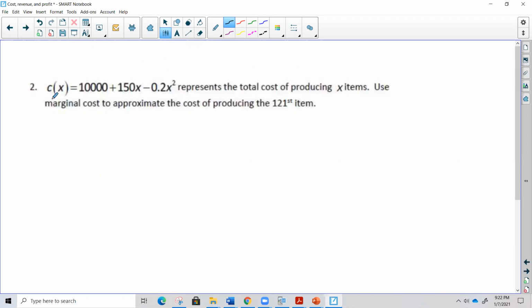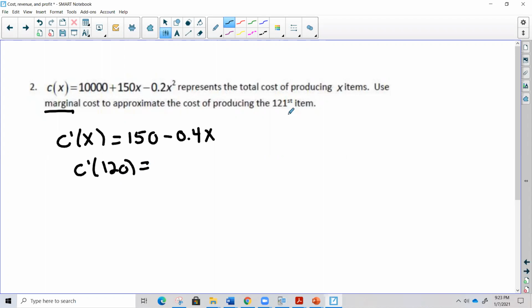So this next one says C of X, same function, represents the total cost of producing X items. Use marginal cost to approximate the cost of producing the 121st item. So marginal cost is always the derivative, the first derivative of the cost function. Okay, so the derivative of 10,000 is 0. The derivative of 150x is 150. And the derivative of negative 0.2x squared, I bring down the 2 and multiply it by the 0.2. So it's negative 0.4x. 2 minus 1 is 1, so it's to the first power, but we don't need to write that. And then I plug in